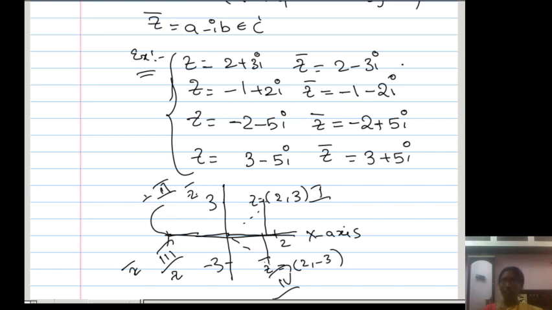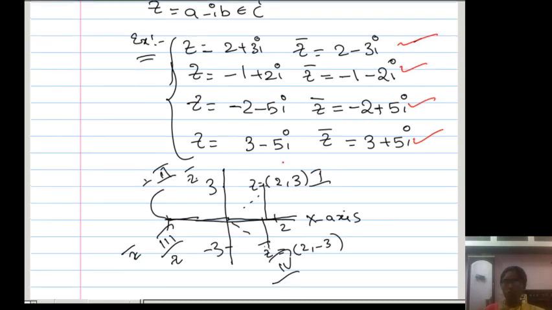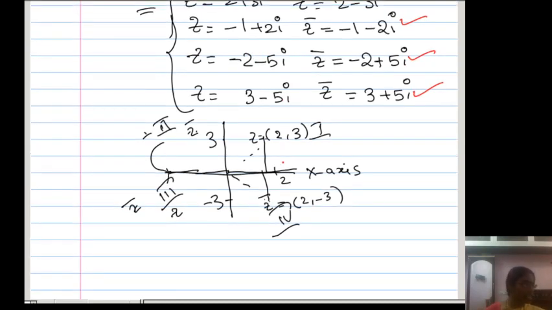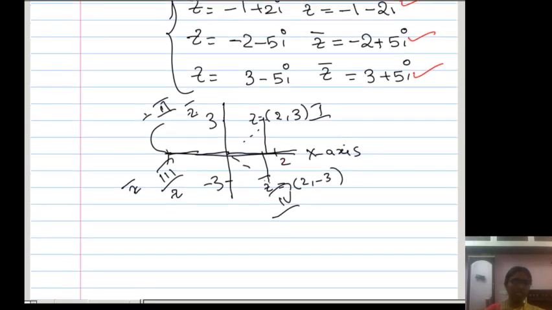By this, you can understand the meaning of conjugate. To find the conjugate, just replace I by minus I. So you have the definition in your textbook. What is the definition given? For any complex number Z equal to A plus IB, Z bar is written as A minus IB. You can write that from the textbook. Otherwise you can directly say Z is equal to A plus IB, then Z bar is A minus IB. This is the conjugate of the complex number.